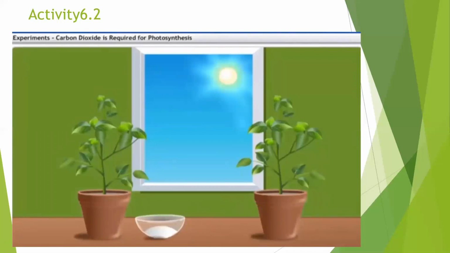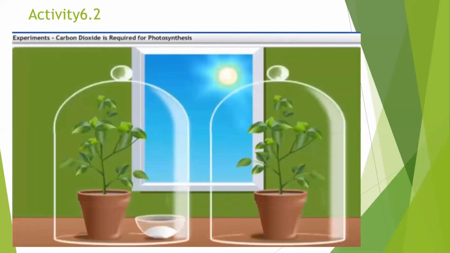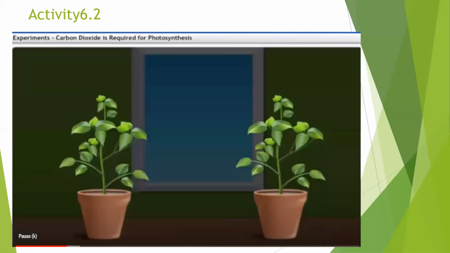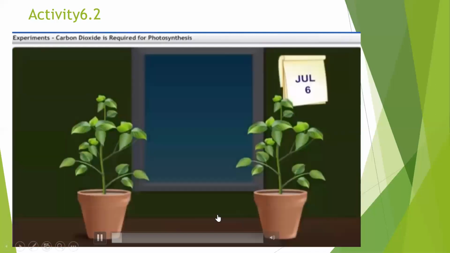Next, cover both the plants with separate bell jars. Now seal the bottom of the bell jars to the glass bottom surface so that the setup is airtight. Now keep the plants in sunlight for about 2 hours. After that, we have to pluck a leaf from each plant and check for the presence of starch using the iodine test. We know for the iodine test, first we have to